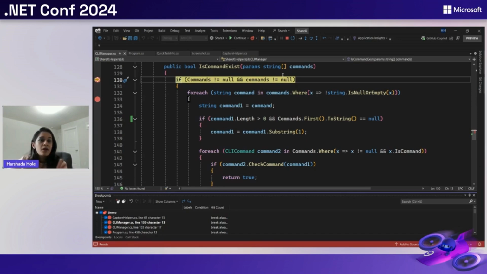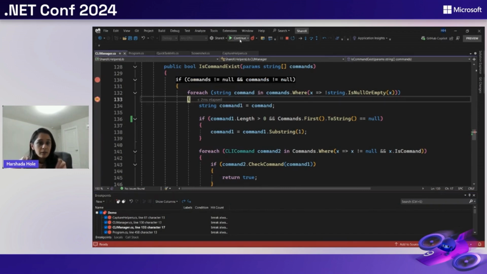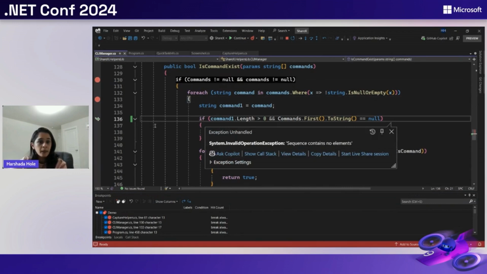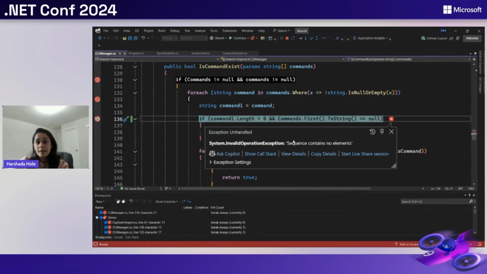Let's see how. So as you can see, I'm already in debug mode. I'm going to continue my debugging here. And the first thing, if you notice here, is what I see is the exception helper. So I'm guessing this pop-up is not new for you guys. You get this whenever you get any exceptions in your code. This will give you exception details and also provides you with some of the links which you can use for further investigation. Now, if you have Copilot with Visual Studio, you will also see this additional link called Ask